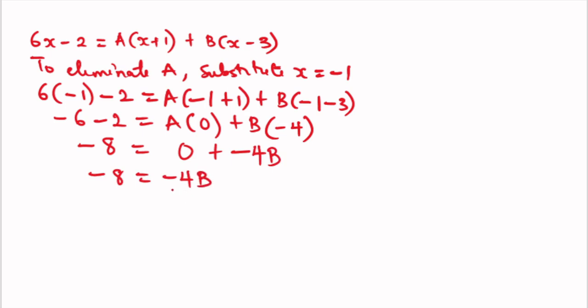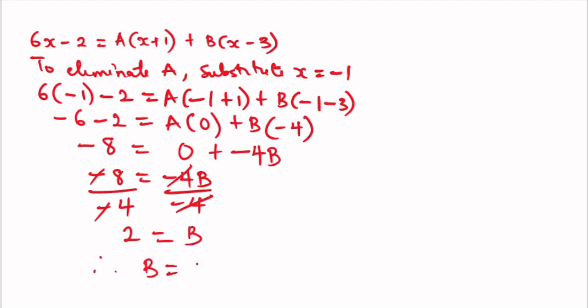So we are left with minus 8 equal to minus 4b. So we'll have to divide both sides by minus 4 to get the value of b. 8 divided by 4 gives us 2, because minus cancels minus; equal to minus 4 cancels minus 4, we have b. So therefore, our b is equal to 2. After we've gotten the value for a and b, thus our final answer becomes